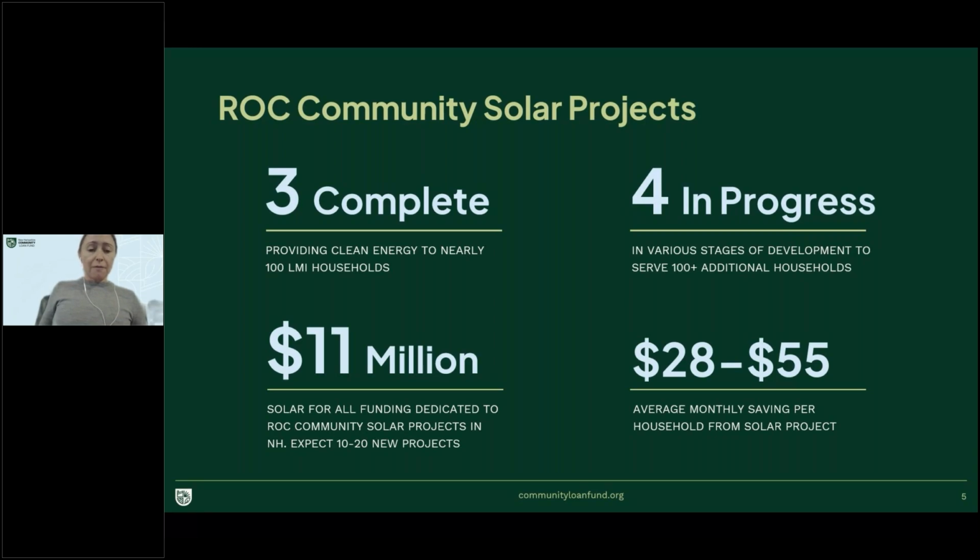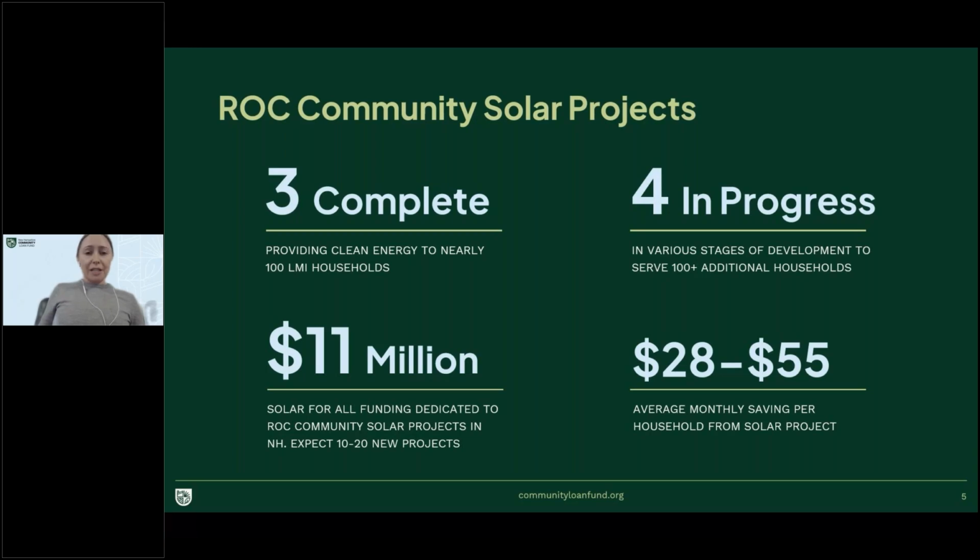And New Hampshire Community Loan Fund has been allocated just over $11 million, which is set aside to do ROC community solar projects. So we're anticipating that over the next 5 years, we'll be doing an additional 10 to 20 ROC community solar projects, which probably sounds pretty ambitious given that, as you can see from the slide, since 2018, we've completed 3 with 4 in progress, but